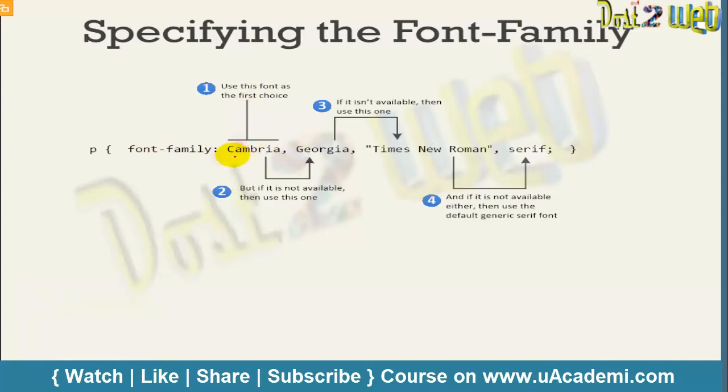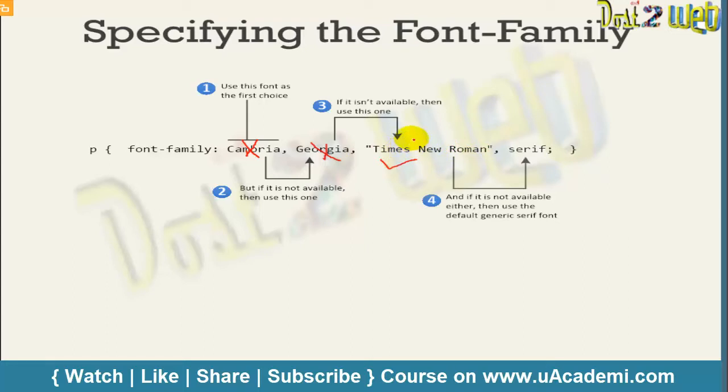Suppose on your system you don't have Cambria, then what will happen? Obviously in that case Georgia will be taken on the user machine. Even if this is not there, the third one, Times New Roman, will be taken, and the text font family will be Times New Roman.